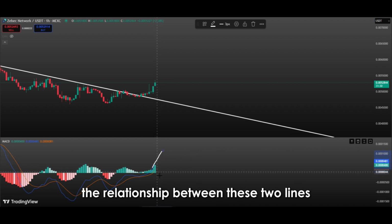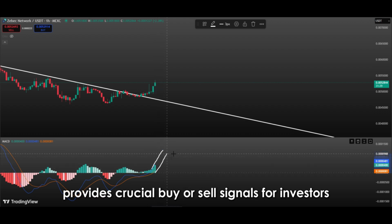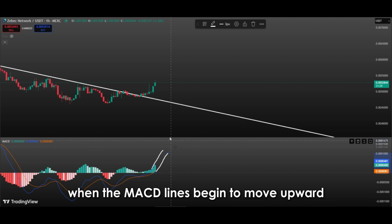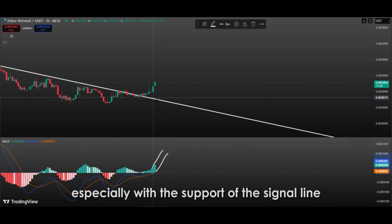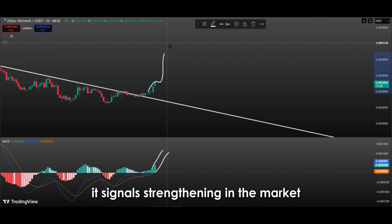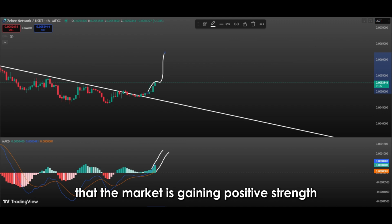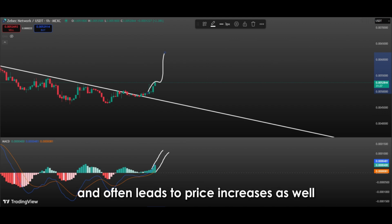The relationship between these two lines, especially their crossovers, provides crucial buy or sell signals for investors. When the MACD lines begin to move upward, especially with the support of the signal line and increasing volume, it signals strengthening in the market. This type of upward momentum indicates that the market is gaining positive strength and often leads to price increases as